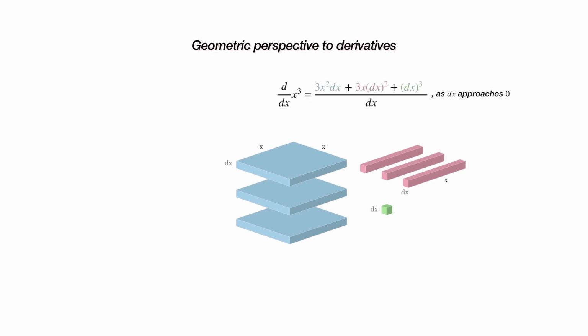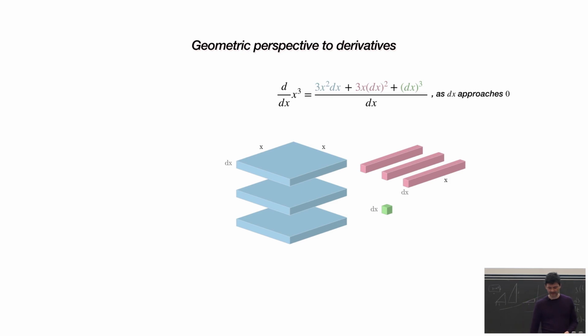Try to express this in terms of algebra. You can get these 3 expressions, where one is for the blue ones, one is for the purple ones, and one is for the green ones. All that divided by what caused it, which is dx. And now, dx squared. That is interesting.